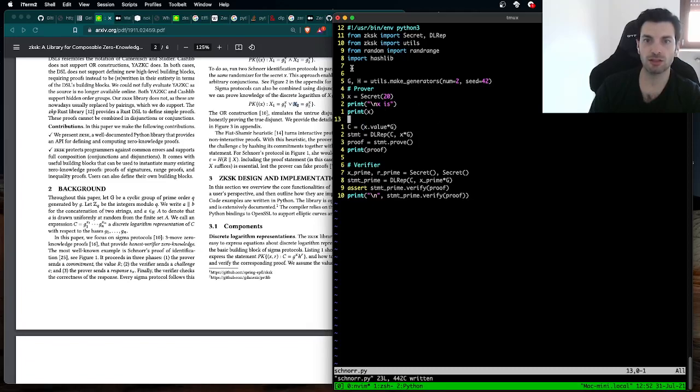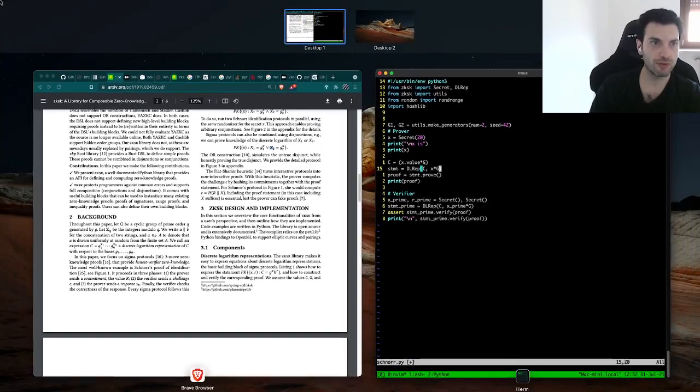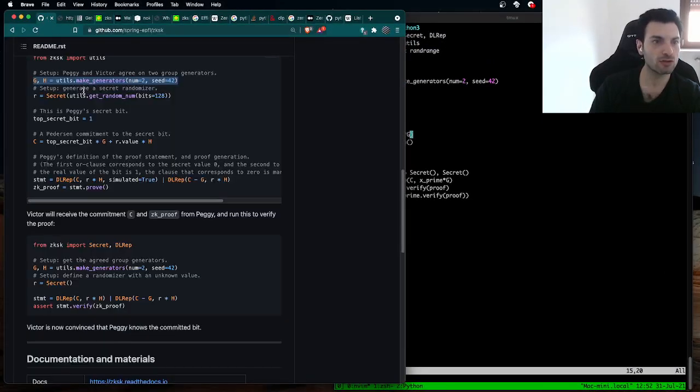So we have to create g and h, we call it another way. Let's call it g1 and g2, which are two numbers created for that. We have the secret, and we prove what the secret is. And we have another commitment, which is, in this case, we want to prove x to the value of g. So we have this one here, which is the one which is true. And we know that when the statement is true we have simulated equals to,